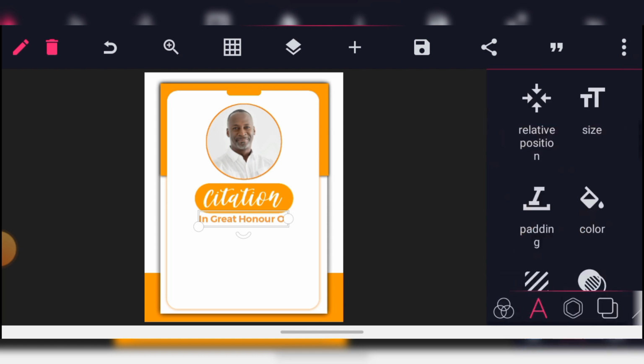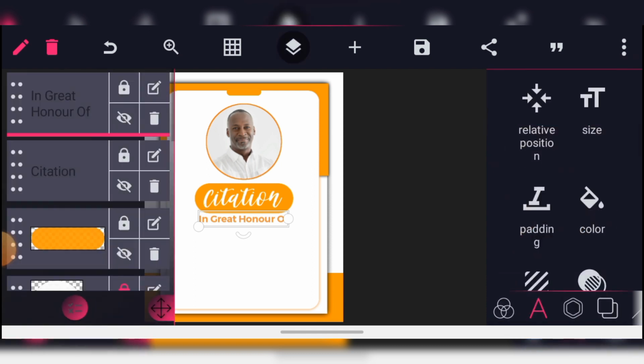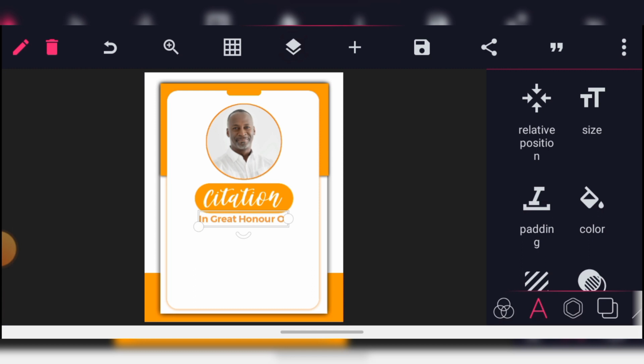So what we do next is to just lock them. If there's any adjustment, we'll just come and unlock and then we'll work on them. So we have something like this. We bring in another